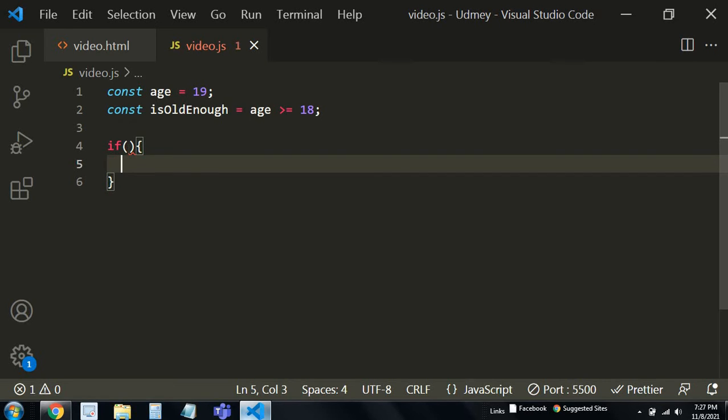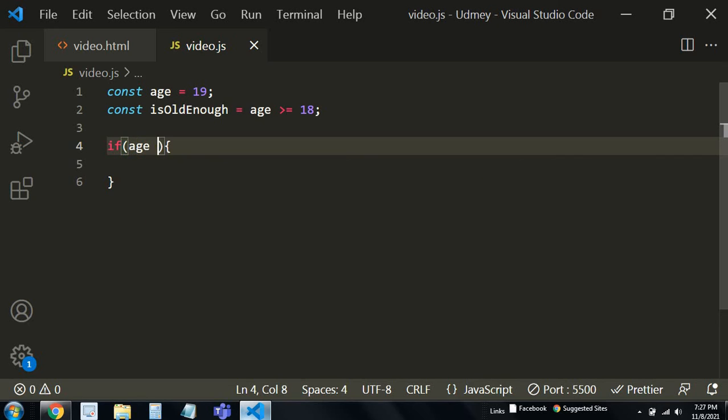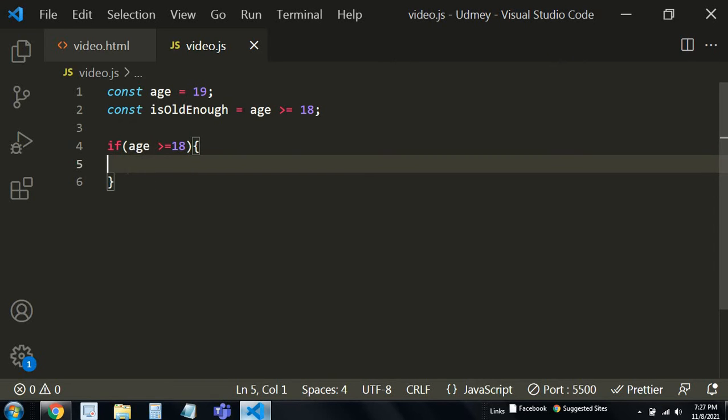So let us start. First of all, I'll do if age is greater than 18 or is equal to 18, and just give it a little close. So here's my condition, what I want the if and else to do. Now here I'm going to do console.log. Now we want to log some message on the console.